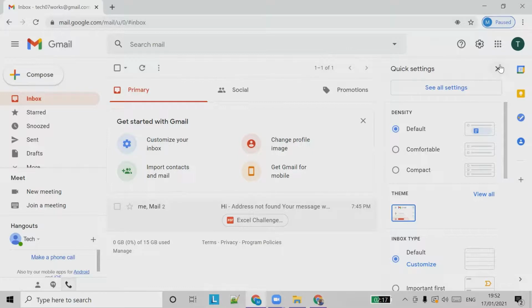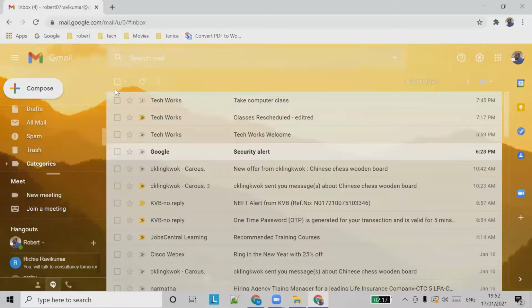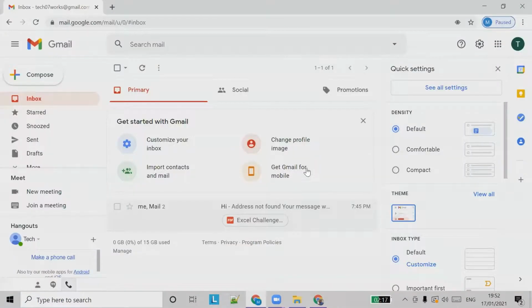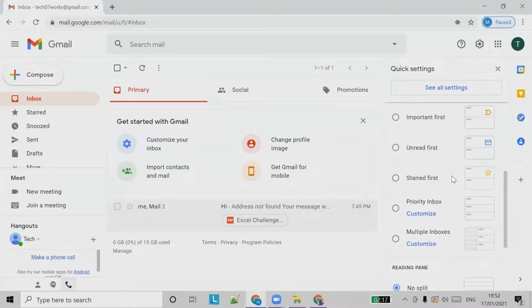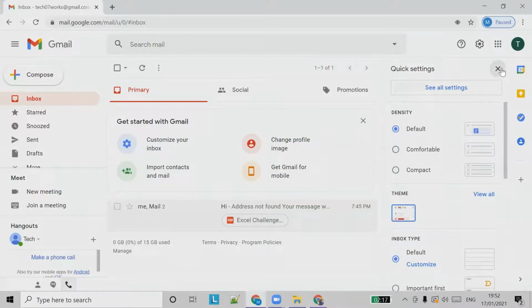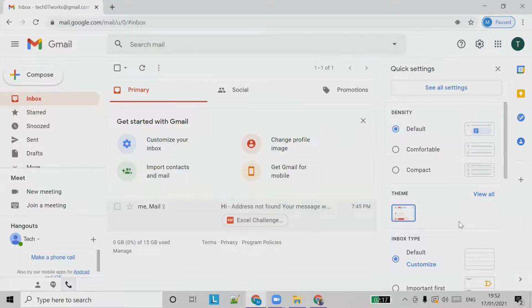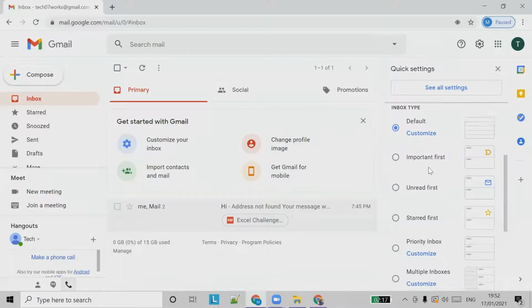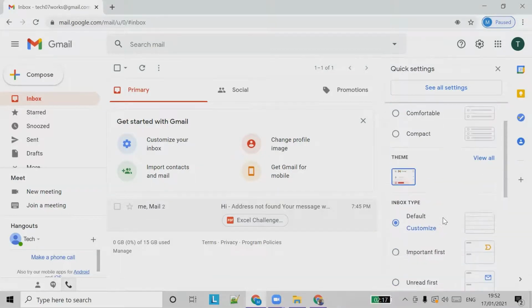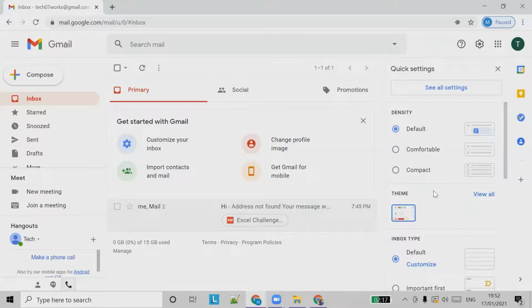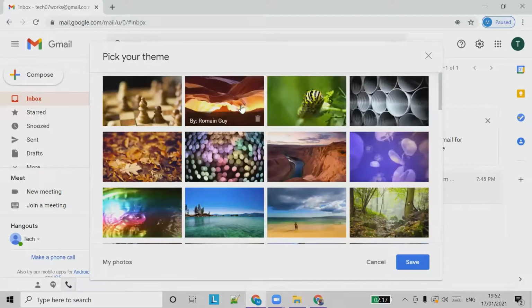So again, we'll move to how to set the backgrounds. We have a nice background here, and we'll see how to set it. Okay, go to settings. You can see an option called theme. Click on theme, click on view all, and you can choose any background you want.